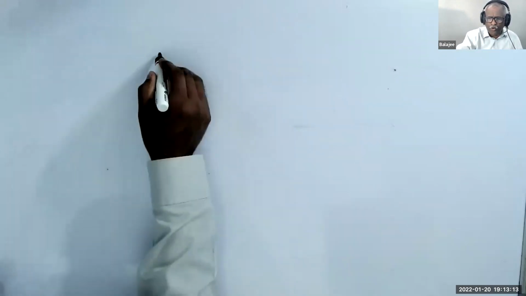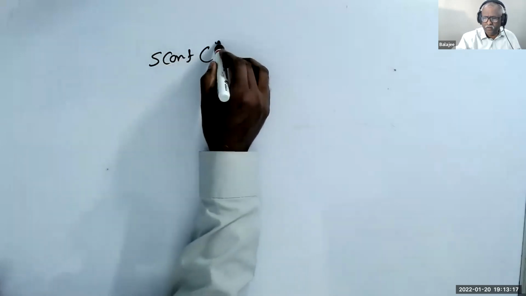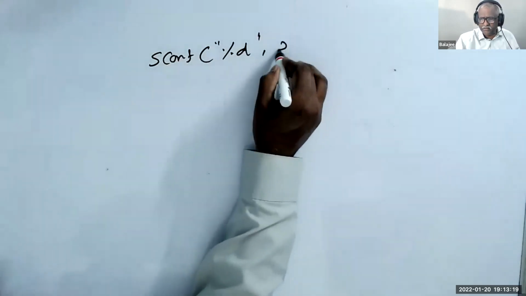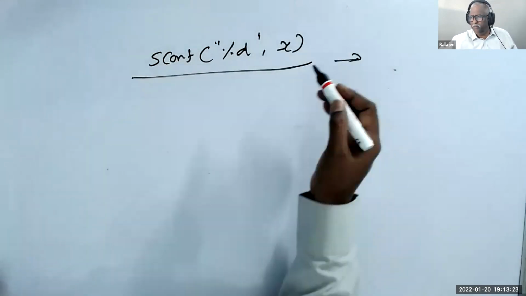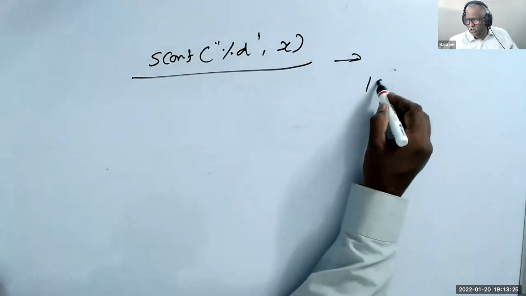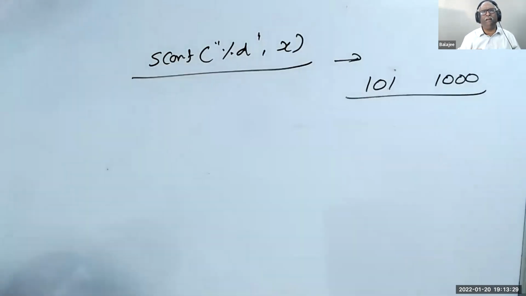Wait, I'll tell you about a range. The range is the same thing. See that: you do scanf %d, &x, and that's how you take an input. If I ask you to find the prime numbers from 101 to 1000, or print all the prime numbers or the count, or anything like that,